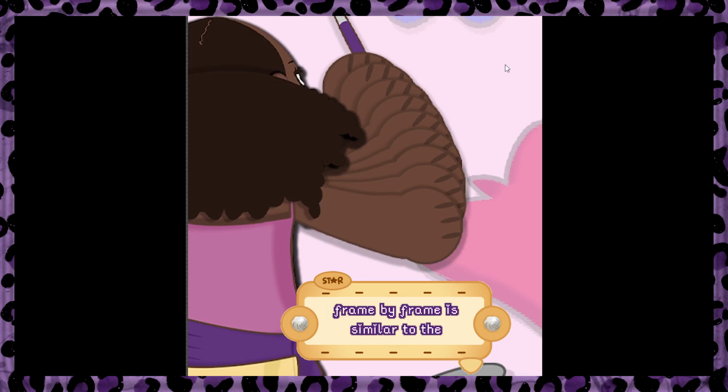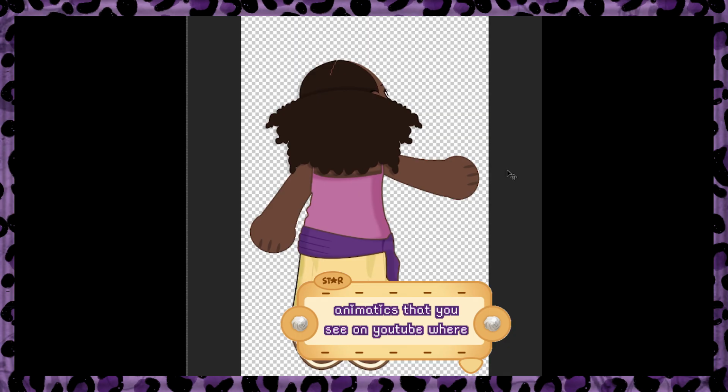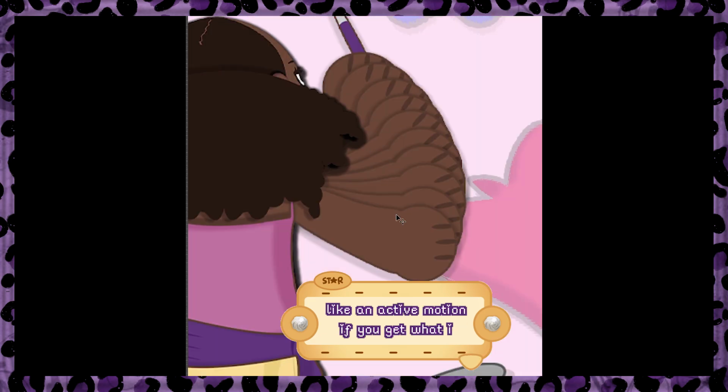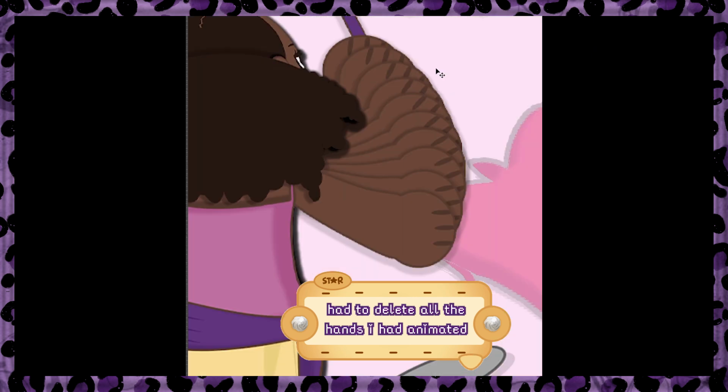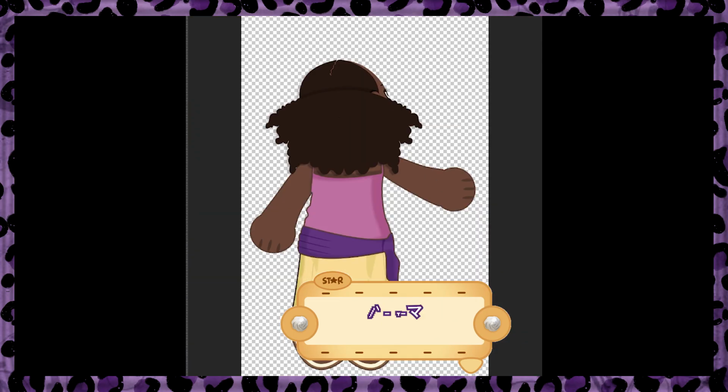Usually frame by frame is similar to the animatics that you see on YouTube, where it will just be one picture doing something and then move into the next picture doing something, not like an active motion, if you get what I mean. So that was what I did wrong, and I had to delete all the hands I had animated.